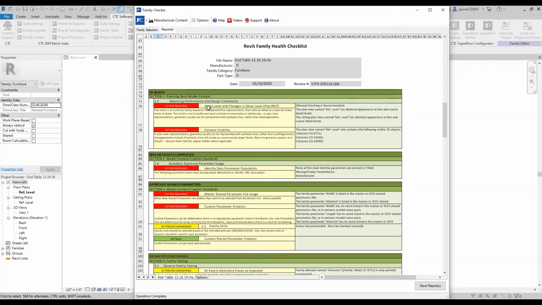And so this is just stating the detail level and change in detail level. So this is looking at whether your model changes from coarse, medium, or fine. And so it's telling me in the comments that I have in my reference level a couple of, I guess, extrusions that appear the same in coarse and fine detail, which this is just a table, so I'm not really worried about the fine or coarseness changing, but